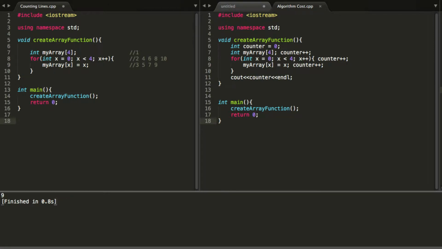Hello everyone. In our last video, we talked about how to determine the cost of an algorithm so that we can make an apples to apples comparison between any given algorithm or any two given algorithms. In this video, we're going to take that one step further and we're going to finally get to Big O notation. So if you'll remember, our algorithm from our first video was right here, and we went through and we counted